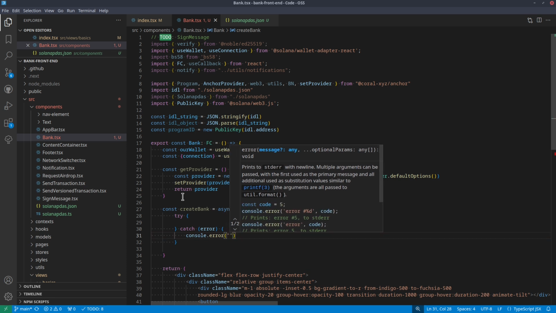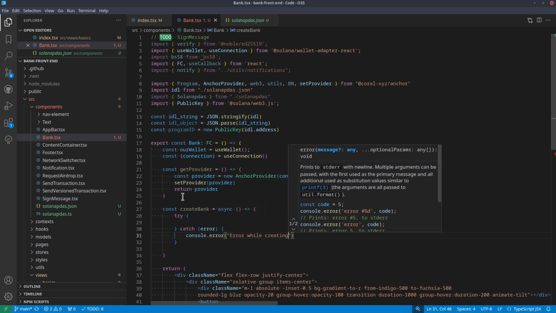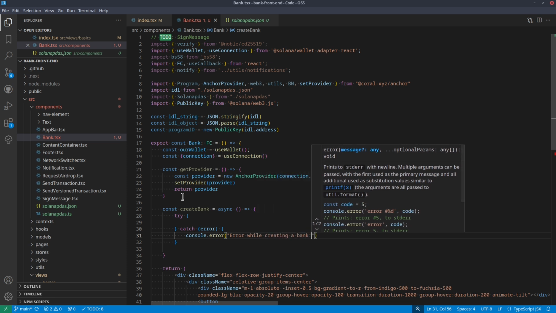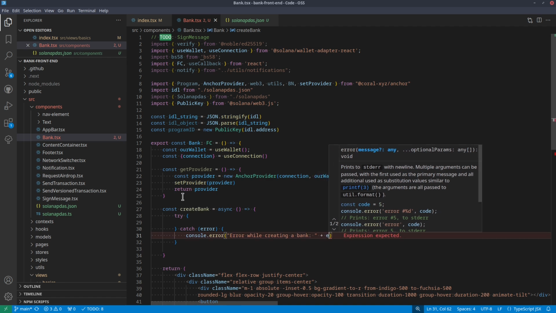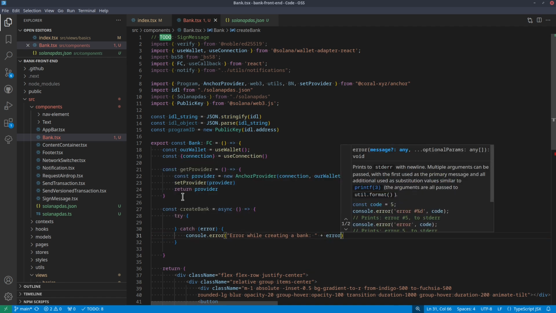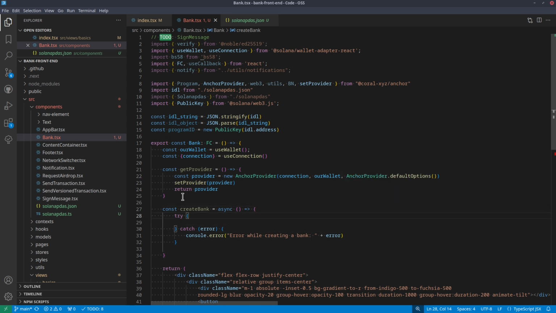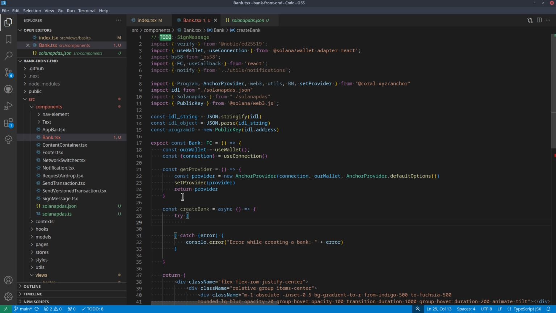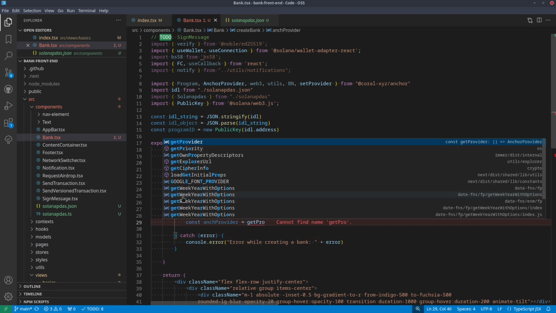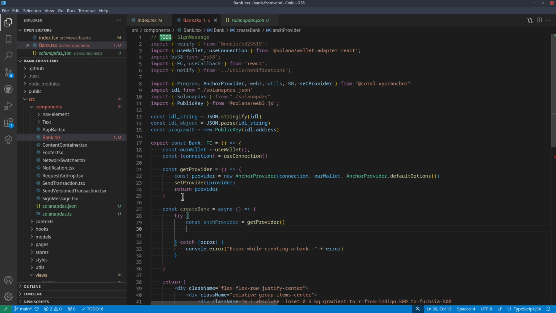So let's write here error while creating a bank, and let's write the error to the console. First of all, we will get the provider that we will use for the connection. So we will use our function that we wrote just before, and now we will